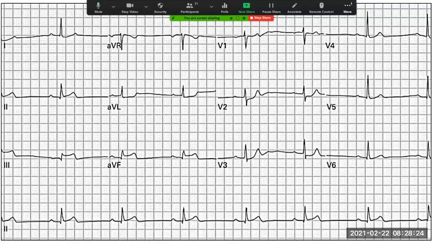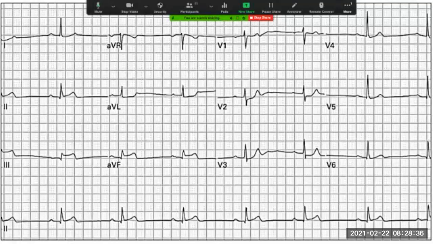So remember, these are called reciprocal changes. I'm not sure if you guys were here when I explained what reciprocal changes were. Let's put it to you this way. I'm sitting here and you are sitting there. Let's say both of us are looking at my hand. If my hand does that, what do you see? It's moving towards you, but what do I see? Away from me, agreed. So if these leads 2, 3, and AVF at the bottom are seeing ST elevations, it means everything on the opposite side should see ST depression. So that's called a reciprocal change.